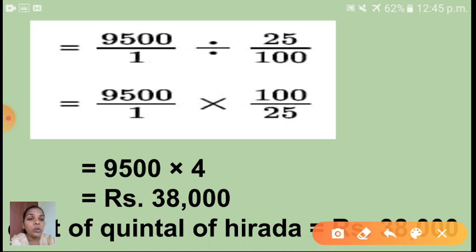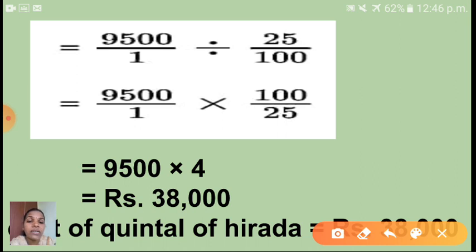Okay, so I hope you understood today's session. Today we solved 3 word problems. So children, you have to do in your notebook and you have to do practice also. So I have completed this chapter. Yes, what we studied, children, in this lesson? We studied about decimal fraction. Yes, place value of decimal fraction. How we have to convert a decimal fraction into a common fraction. How we have to convert a common fraction into a decimal fraction.